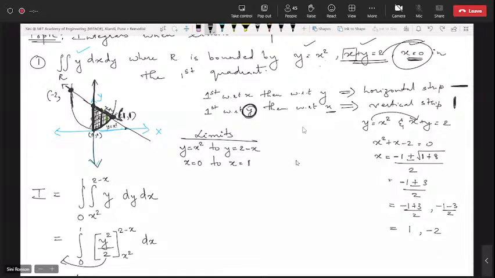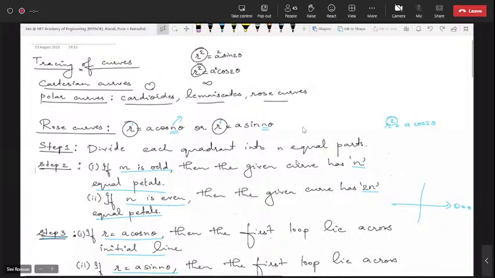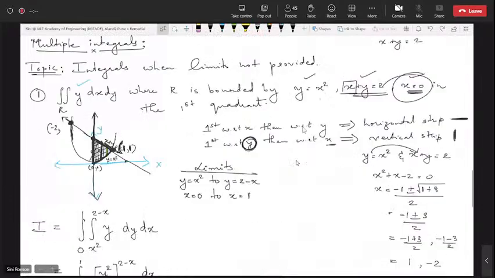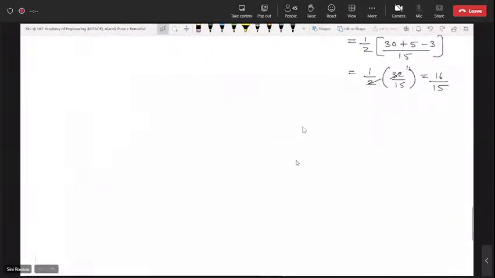Okay. Yes, ma'am. So now let's take one more question, wherein limits are not provided and you have to take. So you will help me out drawing the region and getting me the limits. Okay. So let's take, most of the questions are having all this only. Okay, let me take a question, this straight lines only. Question number 2. Double integrate x squared y dx dy over region R, where R is bounded by